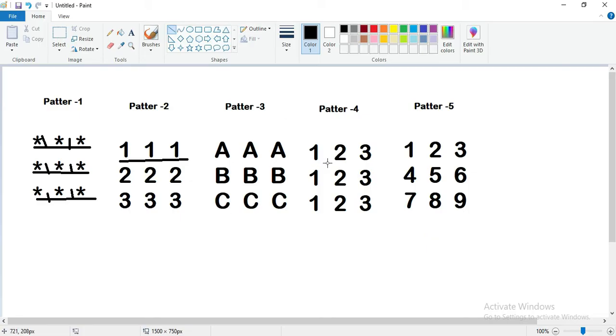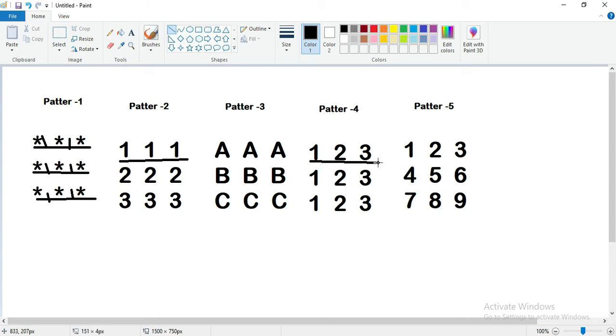So the fourth pattern, you can see here, is incrementing value column wise, not row wise. In the second pattern, we were incrementing value row wise, but in pattern 4 we are incrementing value column wise.